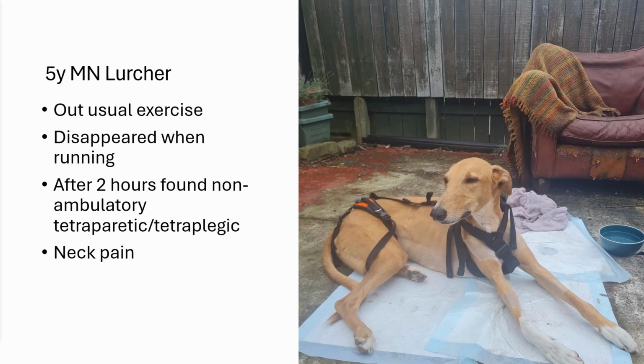Just showing you an example, Dexter here is a 5-year-old lurcher who we call Mr. Boop because his nose is just boopable. And Dexter was out for his usual exercise, but he disappeared when he was running. Obviously, this was extremely concerning, especially as he couldn't be found. And after 2 hours of searching, he was found non-ambulatory,